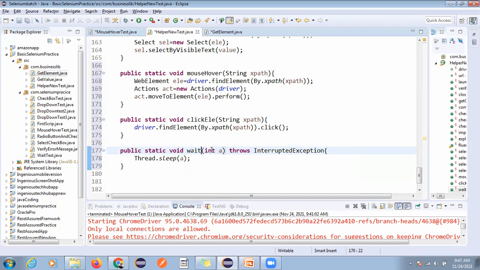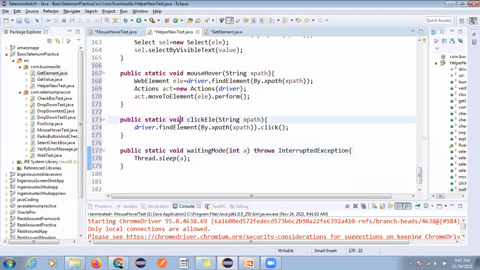This name doesn't look good, right? What can I take as the name? I'm writing waiting mode.